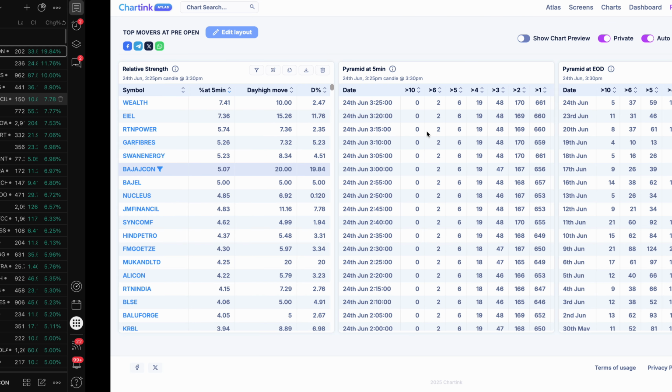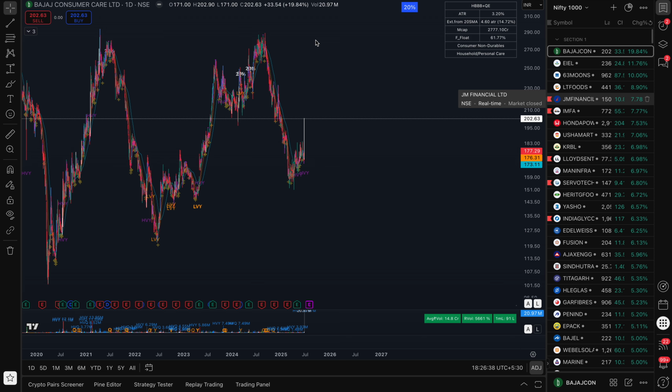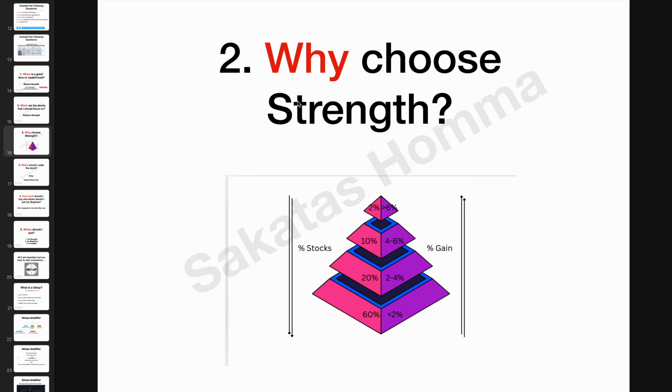So these were the names which were positive in the early morning. And when I saw them again during the day, they were the ones which mostly came up again. So this was the only point I was trying to make here. Why choose strength? Because strength begets strength. There is a reason why the stock is strong in any time frame of your liking. Currently what I'm showing is an intraday time frame. But first of all, there is a reason why it's already strong, and second of all, mathematically, probabilistically, because you have fewer numbers to choose from which are already strong, it also translates to a better probability.